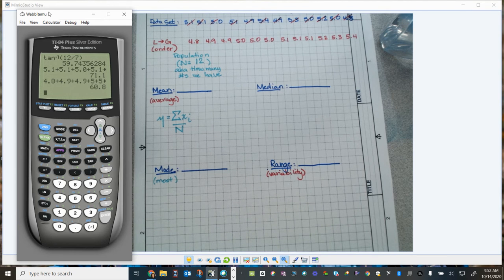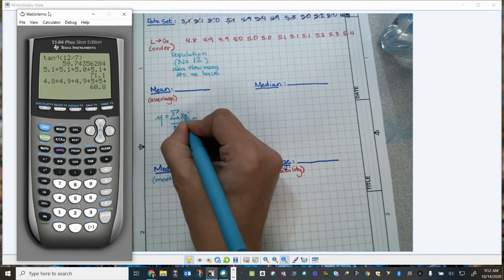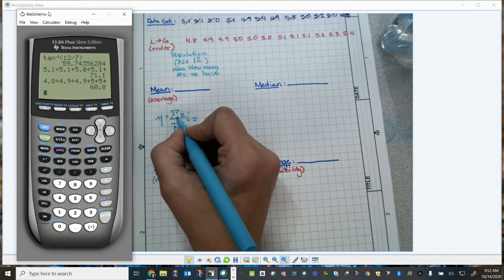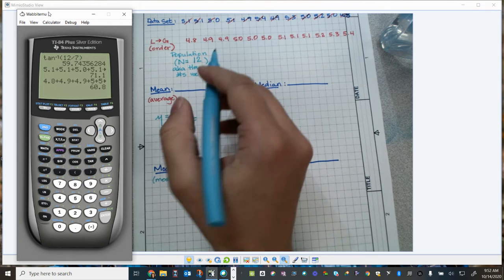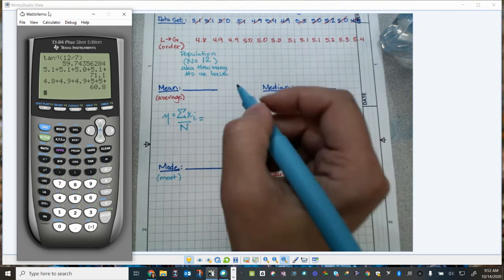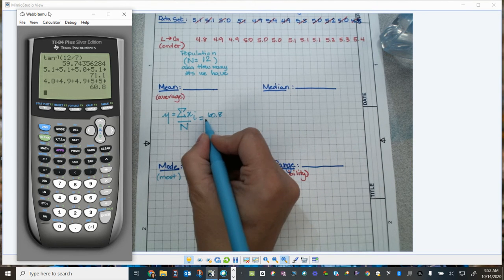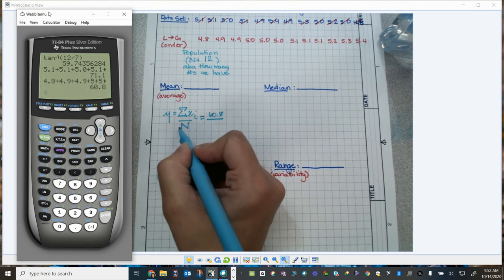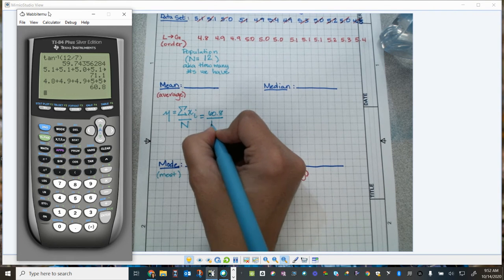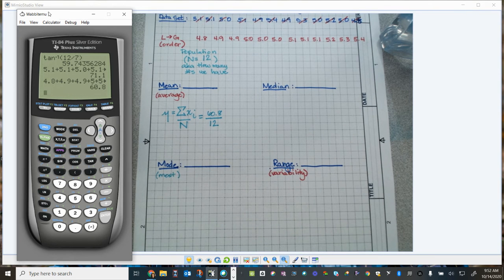All this means, what I did is I found my sigma x sub i. I found the sum of all of my data, all of my numbers in red, to be 60.8 centimeters. Then I'm going to divide it by however many numbers I had, which in this case, our population size is 12. So 60.8 divided by 12. I'm going to go ahead and take my calculator, take that answer, divide it by 12, and I get a mean or an average of